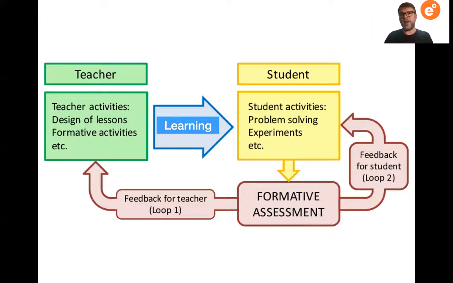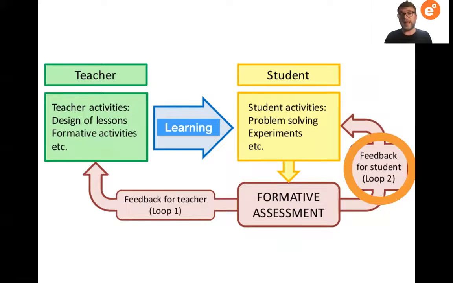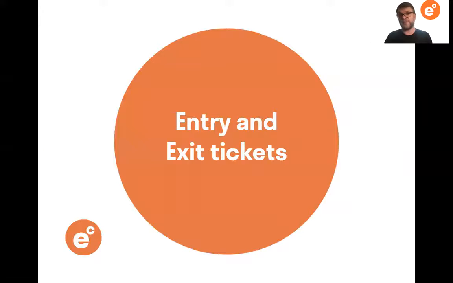When the teacher provides that learning, the student answers with activities, does some sort of assessment. After that formative assessment, it goes off in two directions. Yes, it informs us as teachers for how we can keep improving, but also it loops back into the student redoing something. So give the student the opportunity, that feedback loop number 2, to redo something, to prove that they've actually listened to your feedback. Once you give them the feedback, let them redo it as well.